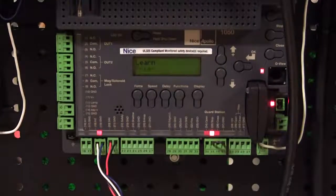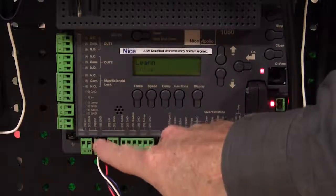Shows that we're getting a 300 Hertz pulse output from that photo eye to the board. Now when we break the beam, that light goes out. When we reestablish the beam, the light comes back on. So that indicates that our photo eye is working. Now the next step is to tell the board that this is going to be a monitored